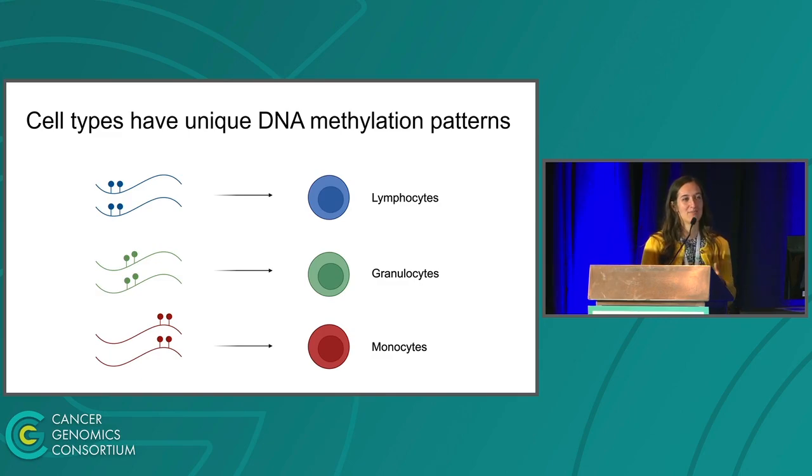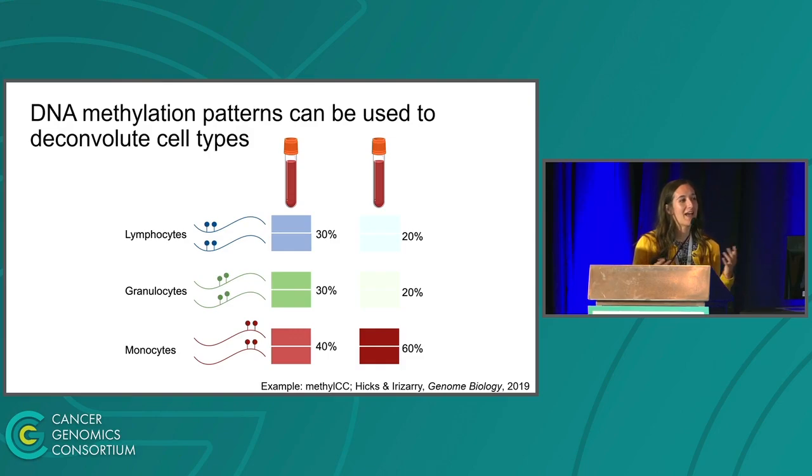So DNA methylation patterns are unique for cell types. And something that's really exciting in blood cell types is that each of those subtypes has a unique methylation pattern. And so this is something that we can use to predict cell type proportions. So if we look at a blood sample from a patient, you can quantify all of the different times that you recognize a pattern for a lymphocyte, a pattern for a granulocyte, a pattern for a monocyte. And using just those counts, you're able to then directly infer the proportions of the cell types that you have